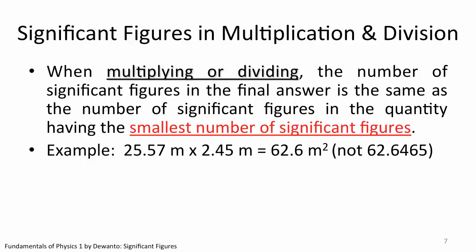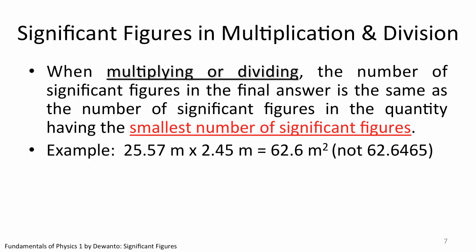Of course, mathematically that's a perfectly correct answer. But physically, they do not make any sense. Remember, these significant figures imply our knowledge of precision of the quantity. If your measurement of length and width are only precise up to 2 decimal places at most, how can we then know the areas are precise up to 4 decimal places? No, it doesn't make any physical sense.